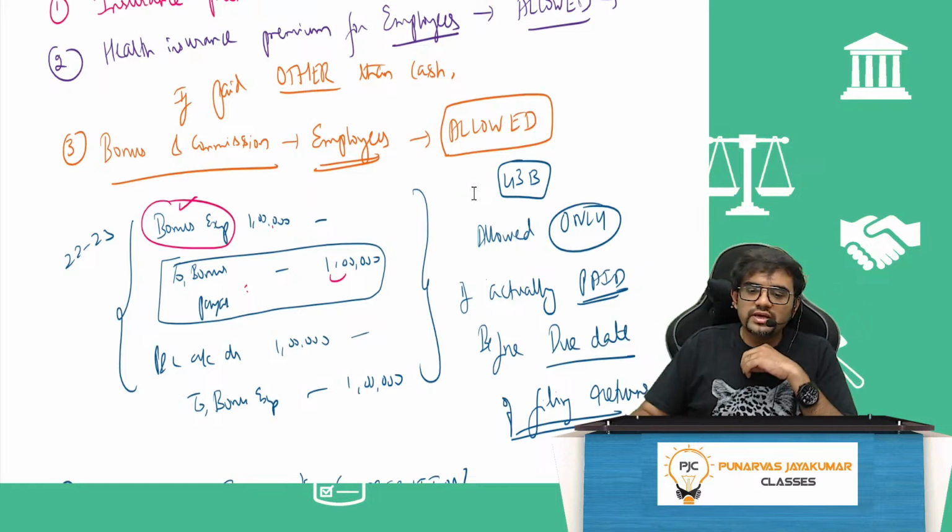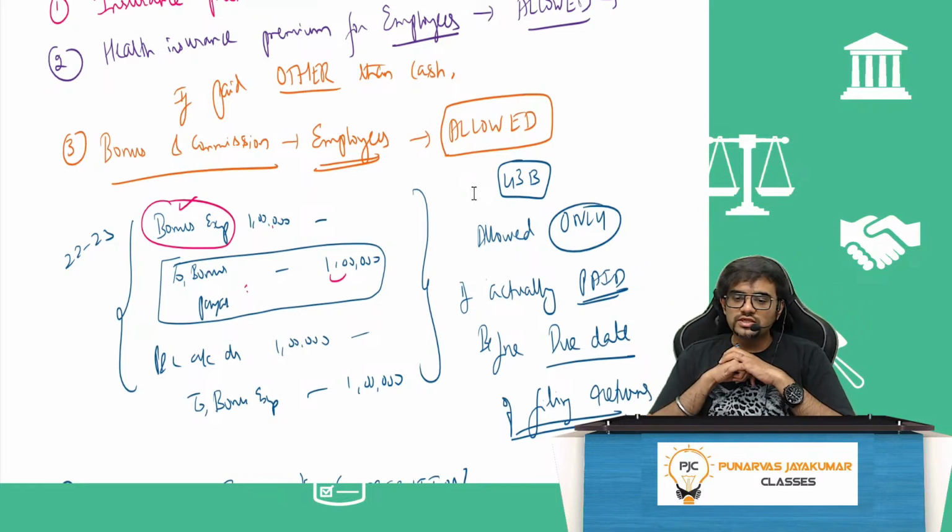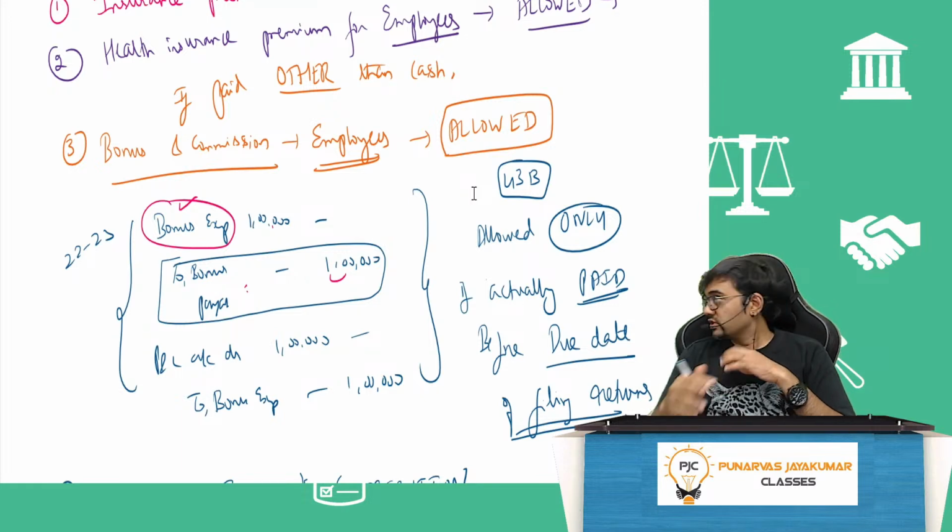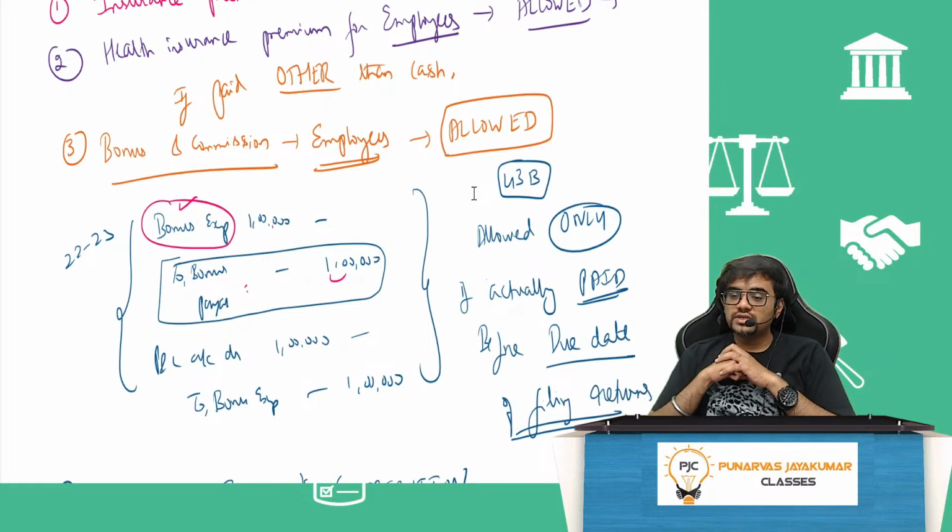So basically, you will make an expense, no, bonus expense account to bonus payable. Then you will do P&L account to bonus expense. That P&L account to bonus expense is allowed only if that bonus payable is paid to whom? To the employees. I mean, bonus is to be paid to the employees. It will be paid when? On or before the due date of filing the return under 139. 139 return filing date under 139(1) is what? For normal individuals, July, and for companies and all, October.